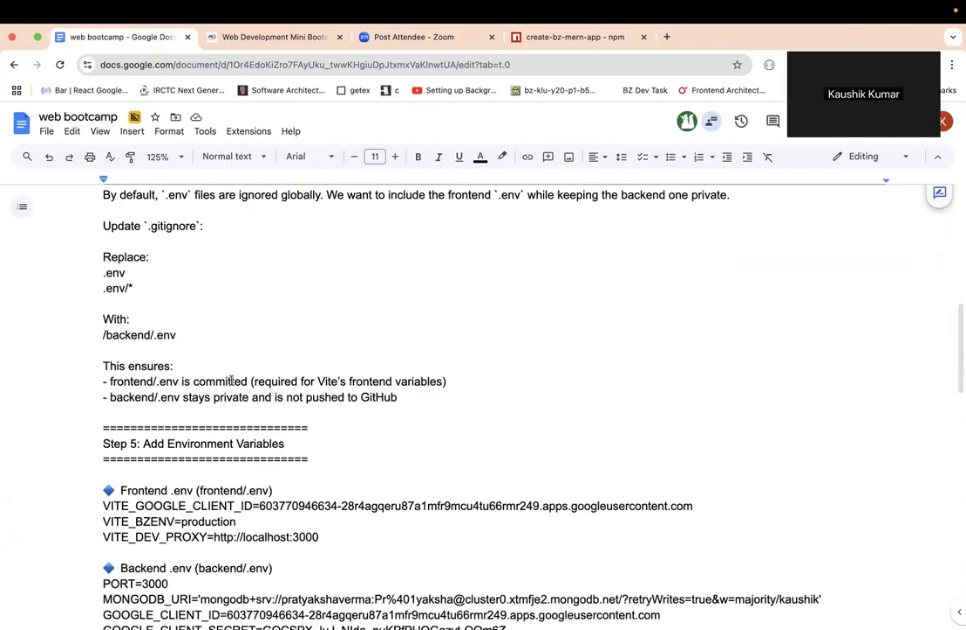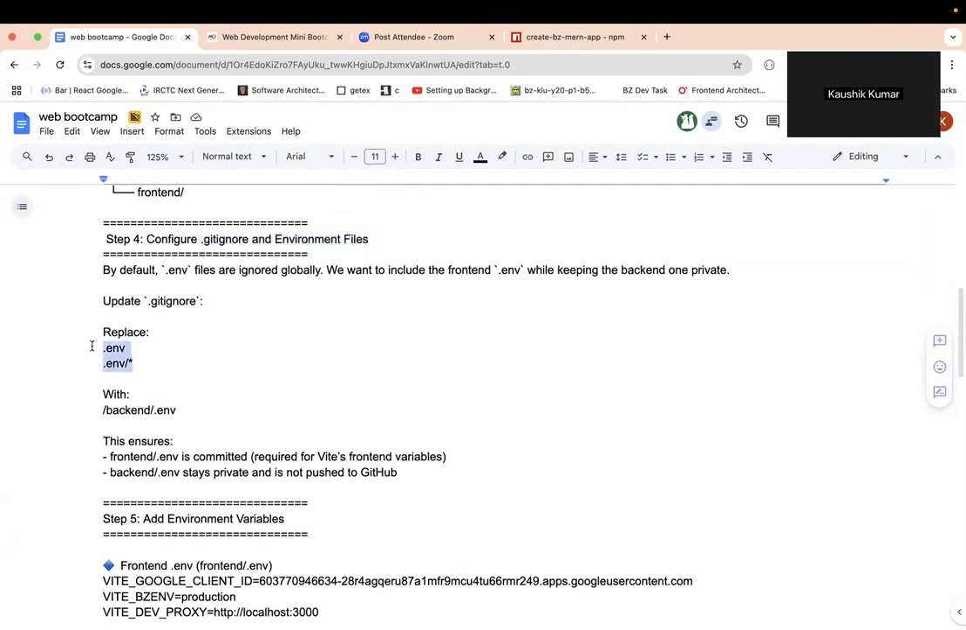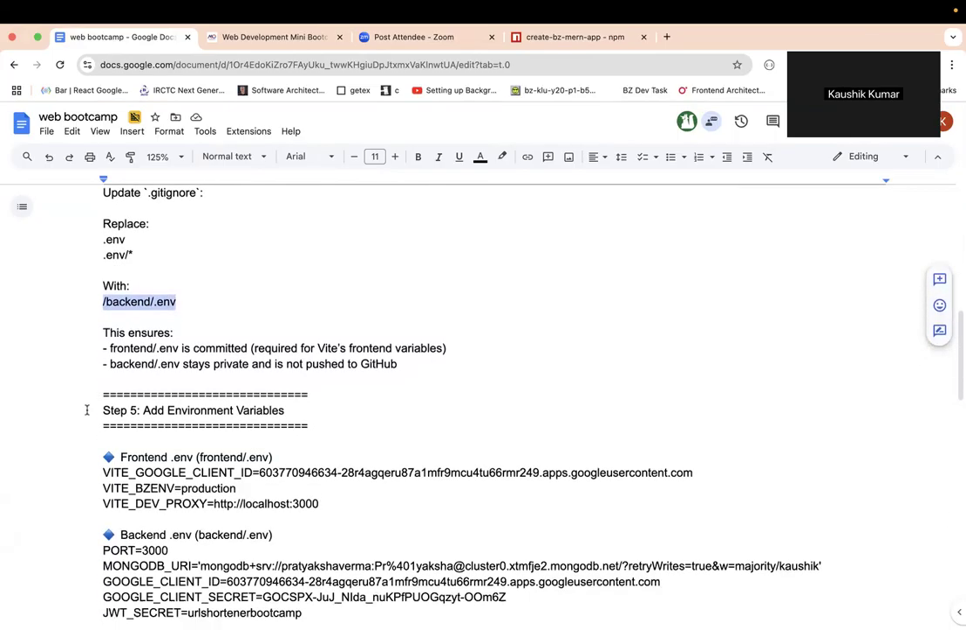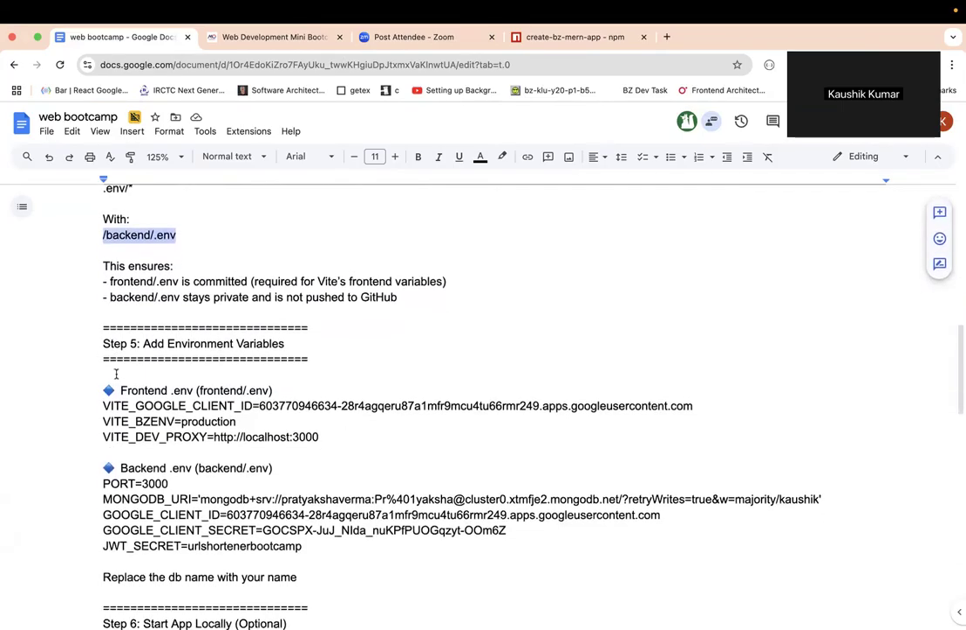Next step was to deploy this in Render. So what we did is we wanted to keep a .env file of the front end, but not of the backend. So we replaced this .env and .env slash star with backend slash .env, so that only this is ignored in our .gitignore file, right? Next, what we did is,